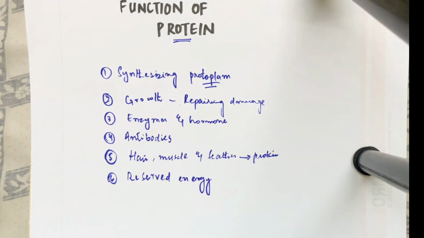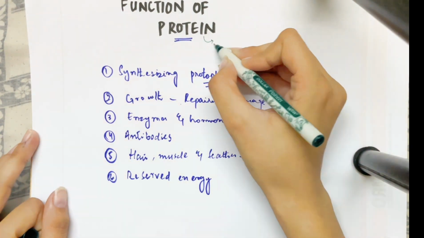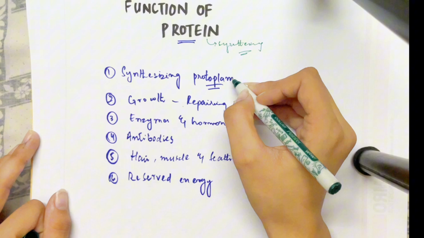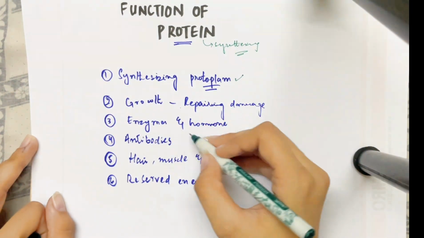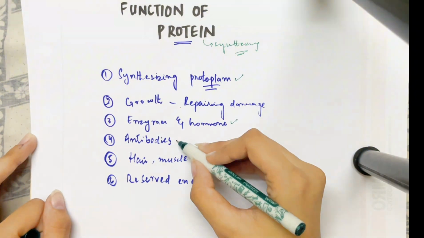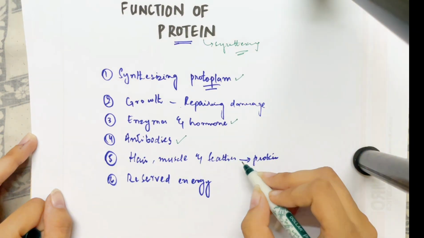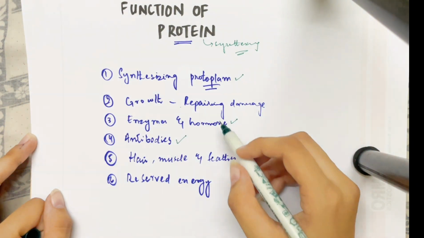These are the 6 functions of protein, as the protein is majorly known for the synthesizing properties, and it is also responsible for synthesizing protoplasm in the plant cell, enzymes and hormones in the animals, antibodies, and also when it comes to hair, muscle and feathers, protein is a major constituent of all of them. It is also responsible for the